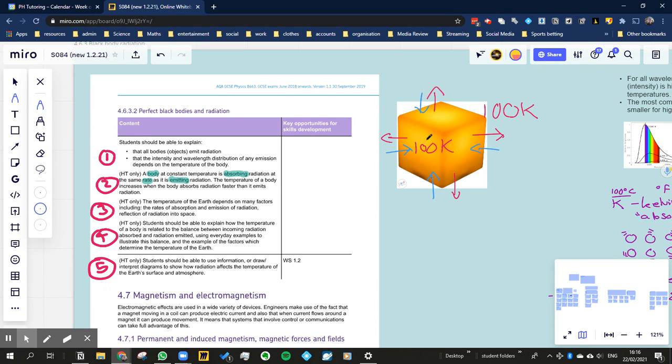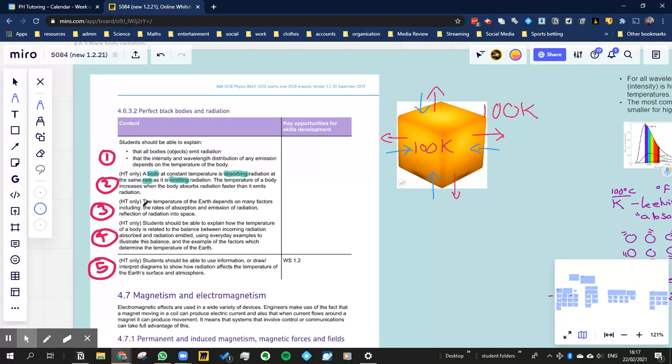So imagine the Earth is this body. Well, if it's able to emit more energy more easily, then it's going to be able to cool down. If it's able to absorb more energy more easily, it's going to be able to heat up. So this is linking us slowly to the idea of global warming, which is looked at in other parts